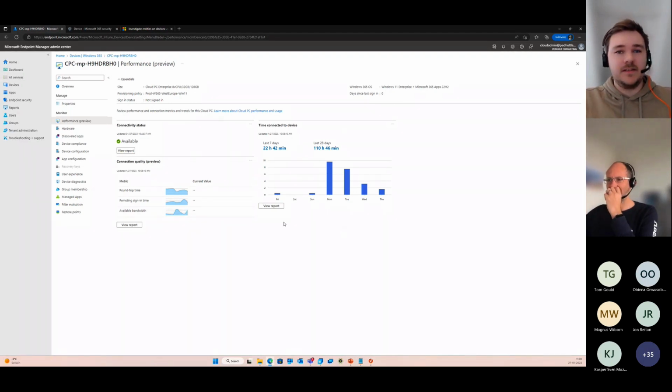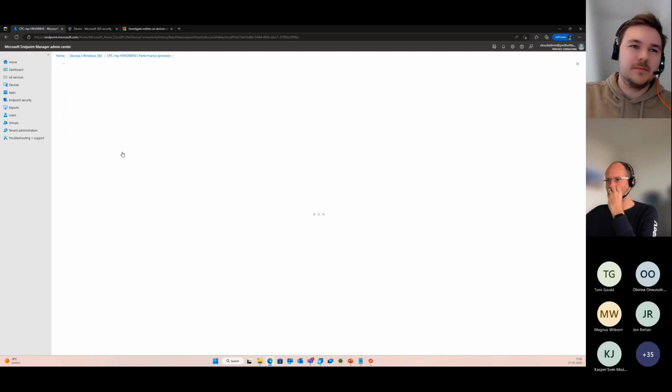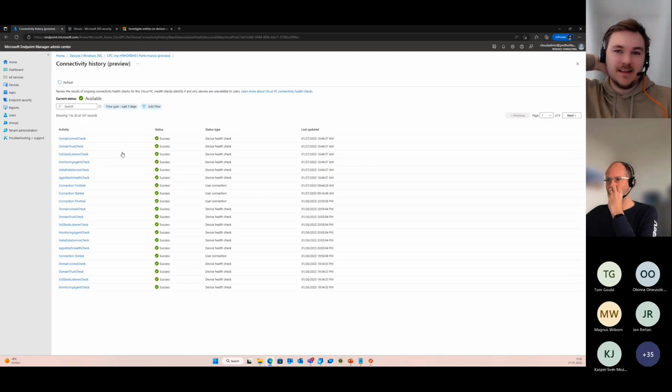So this can save me some time, as I already told. And then we have the connectivity status. If a user is telling me, "Well, I'm getting this error when connecting to my Cloud PC," or "Sometimes I get a disconnect and a connect again," I can go into the connectivity history here, and it will have all sorts of checks here